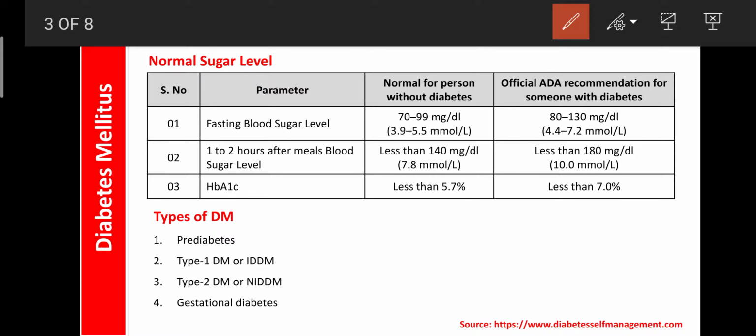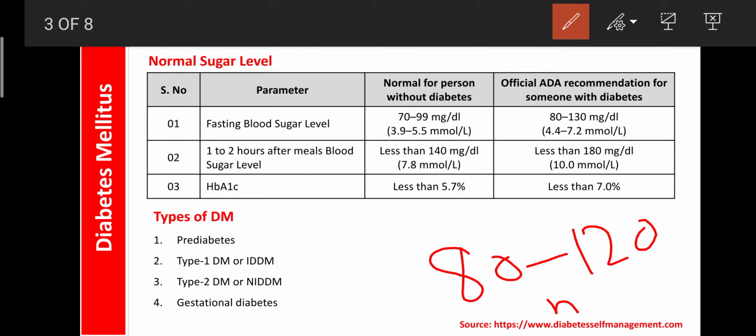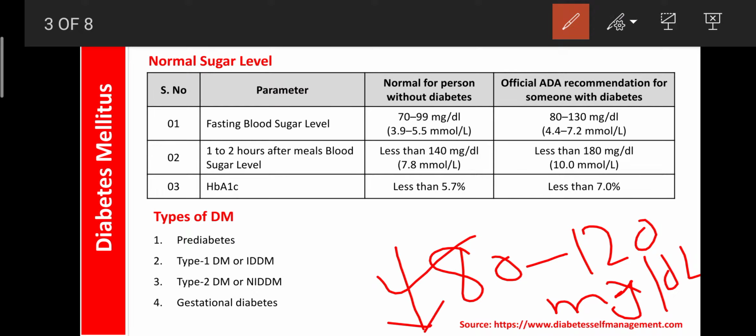So already you know regarding diabetes mellitus, it is also written as DM. Diabetes mellitus is nothing but when the blood sugar level is more than normal. That condition of uncontrolled sugar level in the blood is known as diabetes mellitus, and the normal blood sugar level is 80 to 120 mg per deciliter. Okay, 80 to 120 mg per deciliter. If the sugar level is more than 120, that is known as hyperglycemia.